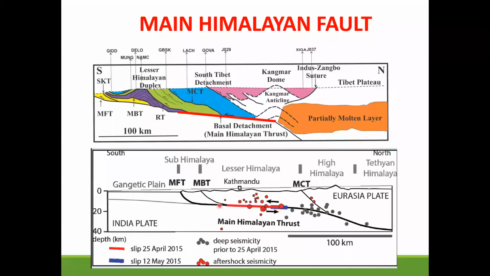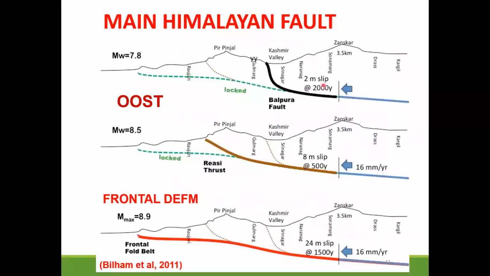Notice that the slip was transferred only up to here. So this slip continuously comes up to here, and during earthquakes, it actually reaches forward. How much forward it will reach depends on how much energy and strain is stored. If you have 2 millimeters of slip for about 2,000 years, and you have enough energy, then if it breaks, as from the Kashmir Valley, it will break as an out of sequence thrust somewhere within the wedge, building topography here, and that will produce an earthquake of about 7.8.